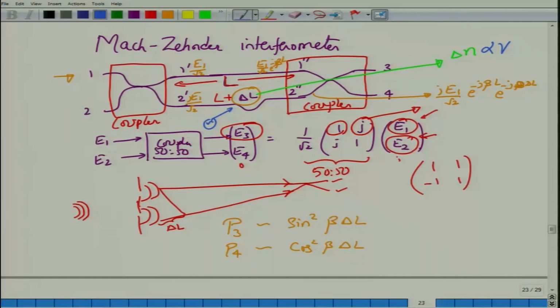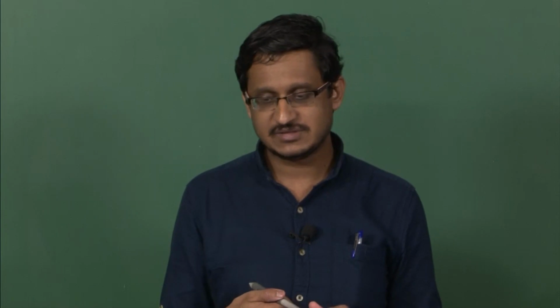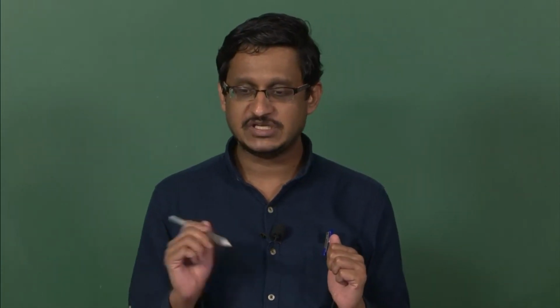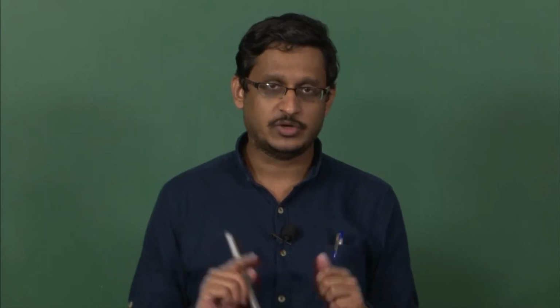Okay. Such an effect, in which you change the refractive index as a function of the externally applied voltage, is called the electro-optic effect, and you can either put it in this way, or you can put an electro-optic medium in between and achieve this change of delta L, or an equivalent change of delta L, by changing delta n, but delta n is directly proportional to the applied voltage V.